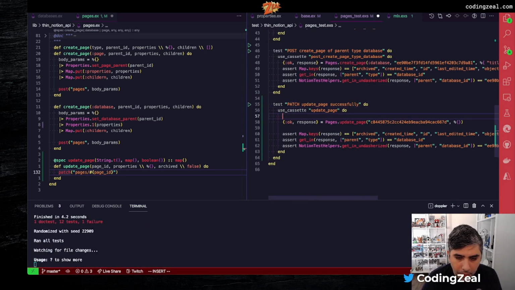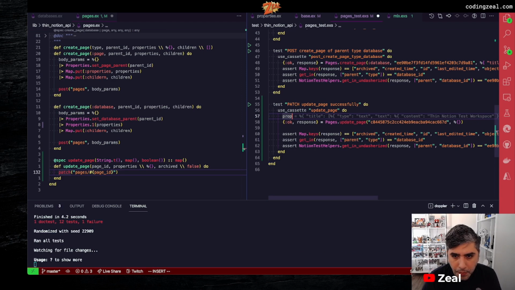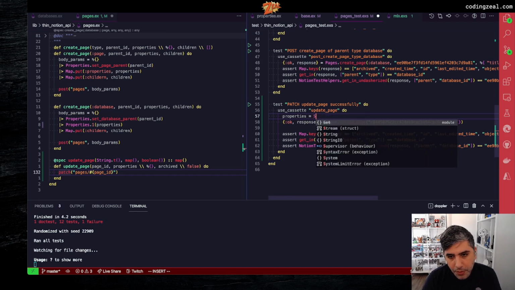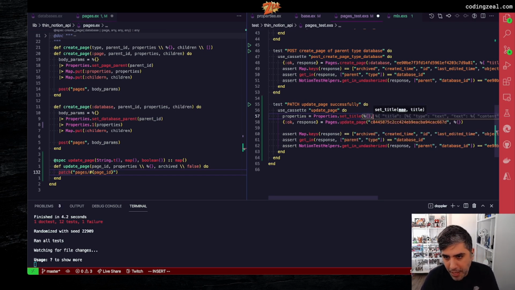And then it would be properties is equal to properties set title. Our map is an empty map, and the title needs to be